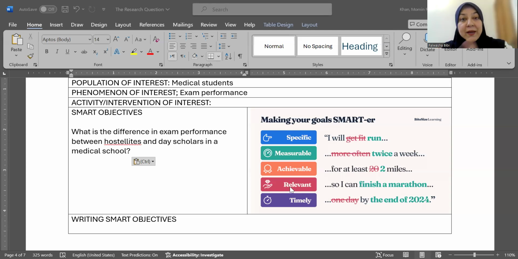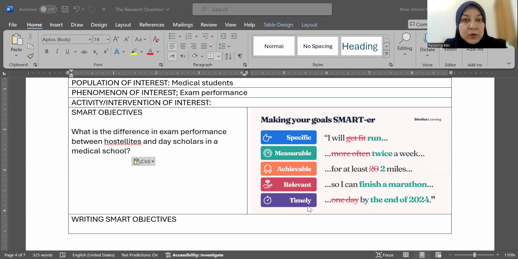Then you make your objective relevant. Making your objective relevant is to connect it to something in the future. I'm doing this today because I am going to be able to do that after this much time, after my 50th birthday, after my 10th anniversary, after I have my second baby, something like that. So I can finish a marathon